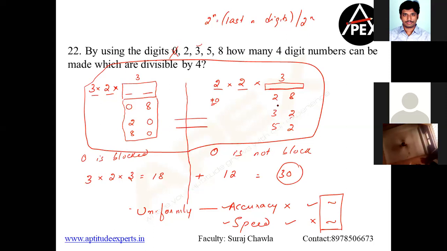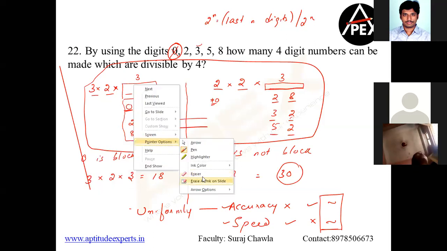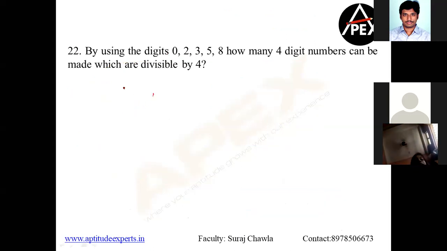Clear? And again, the way I am taking cases, start following that also. I'm sure most of you who would have followed this method would have missed one of the other cases. You go in a structured way. Let me take the case where zero is here. Why? Because if I have two digits, let me just erase this part, where can zero come? Especially since these are the last two digits, zero can come here or zero can come here. So go in a structured way. If zero is here, 0, 2 not possible, 0, 3 not possible, 0, 5 not possible, 0, 8 possible.